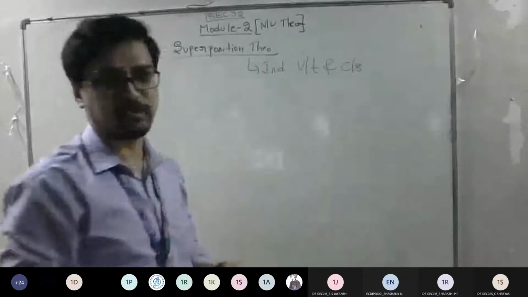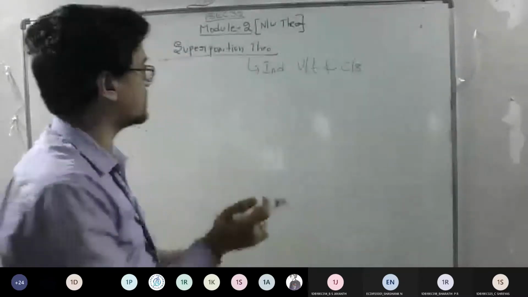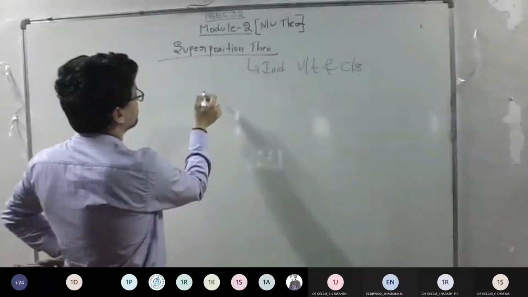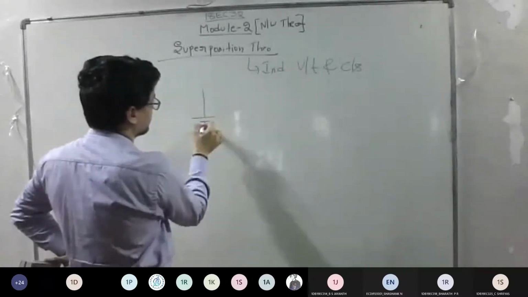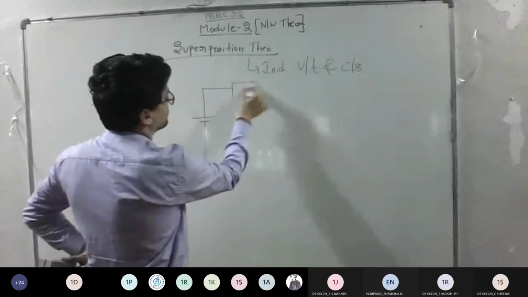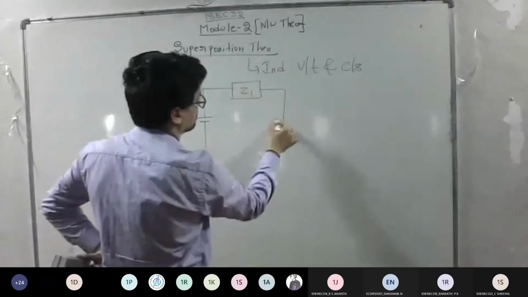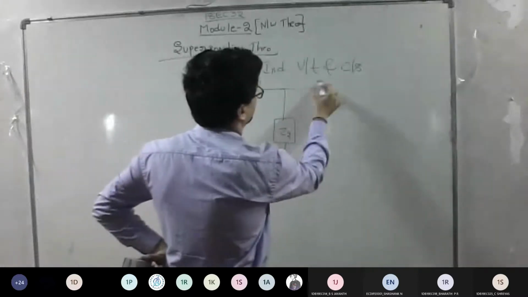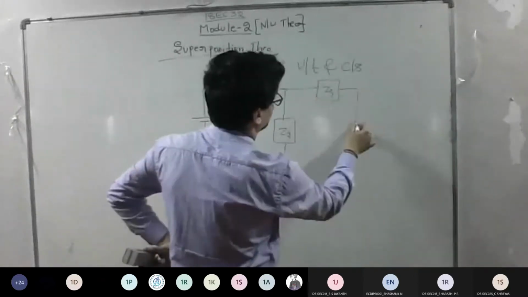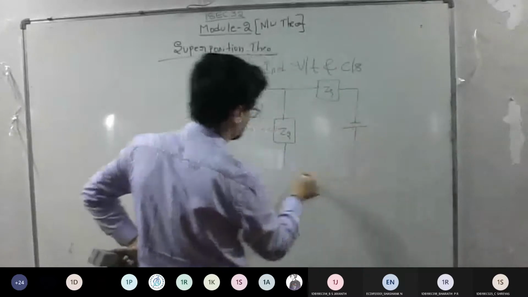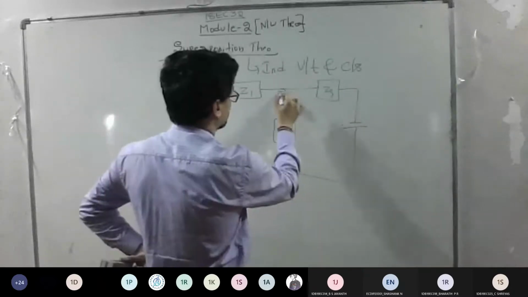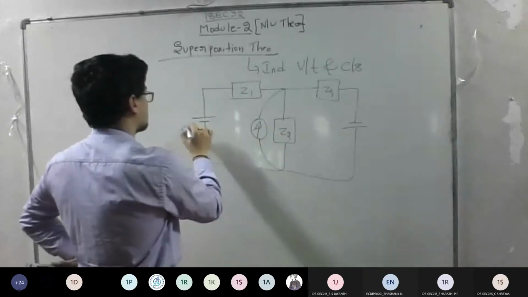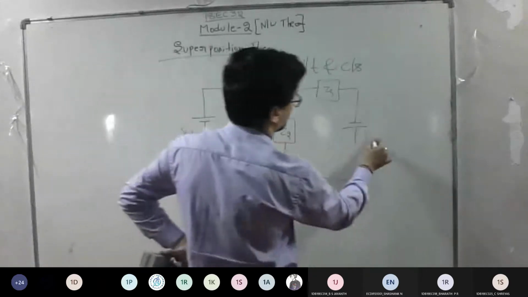So let me show you how the procedure works. Assume that there is a network. I will just consider the independent sources first, so we'll see what is the way to solve. Assume that there is a network here. I'll just give generalized values. So Z1, this may be any impedance, Z2, similarly Z3. And you'll be having one more supply here. Assume that for this I'm going to connect one current source. So let me give the values as E1, this is I, and this is E2.